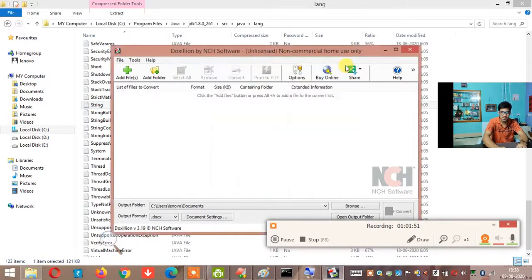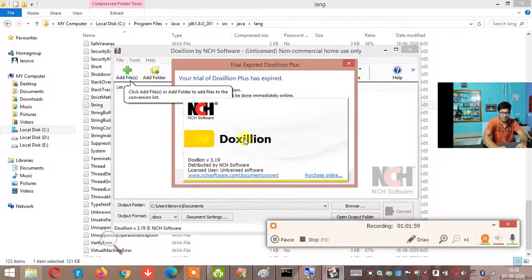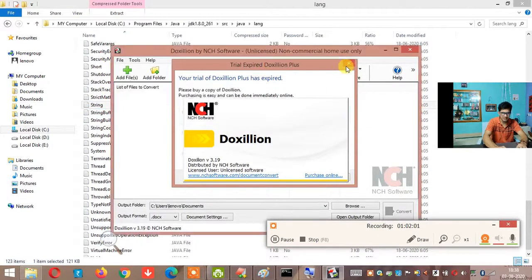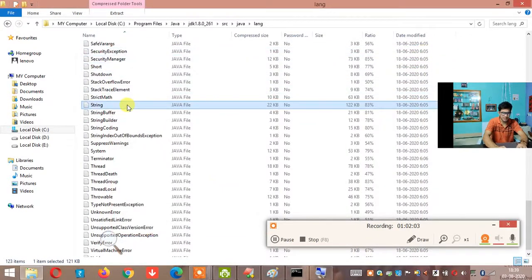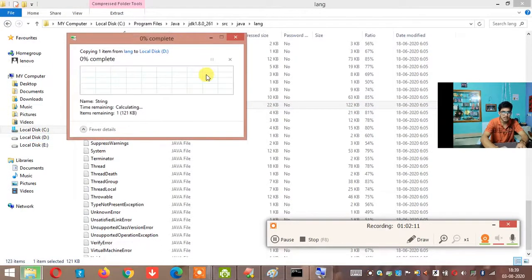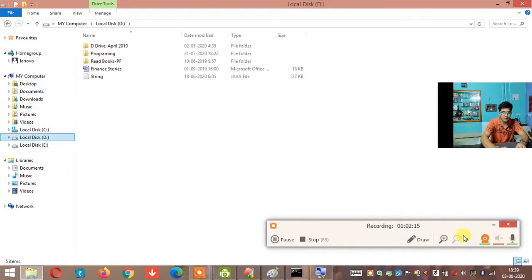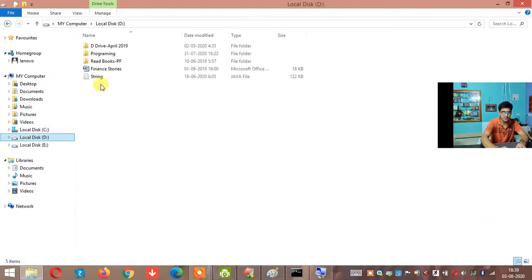So why is it opening like that? What I'll do is right click and choose open. What I have done is I have copied this and pasted it in the D folder. I'll tell it to replace the file. I'll go to the D folder now, and in here there is a String class.